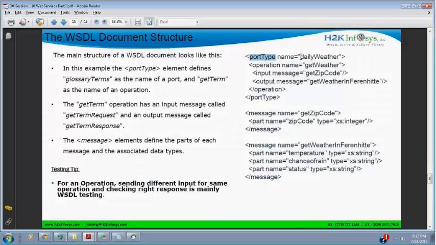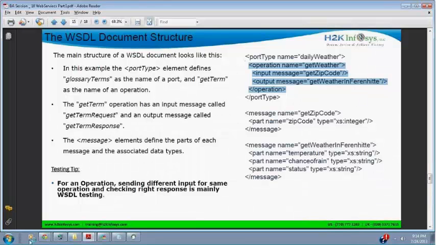So I use daily weather as a folder name. Under that I may have multiple operations, meaning I may have multiple web services. Just like we have get weather, we may have get weather for next 5 days, get weather for next 10 days.